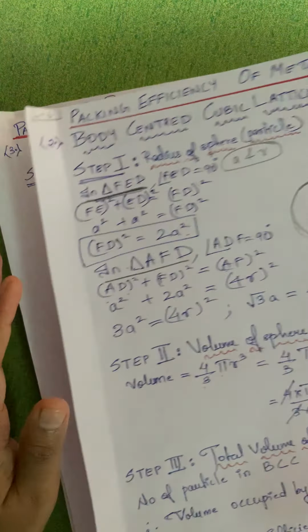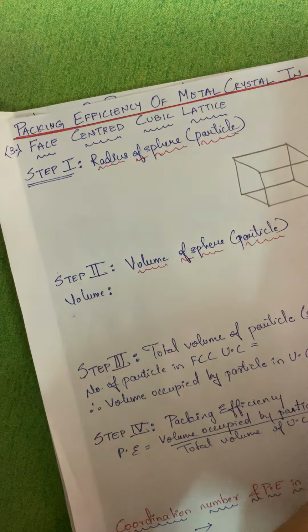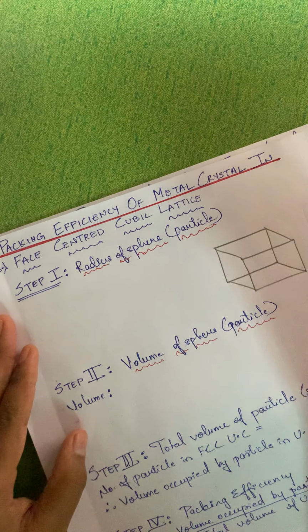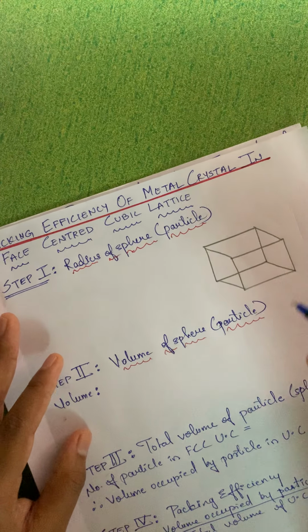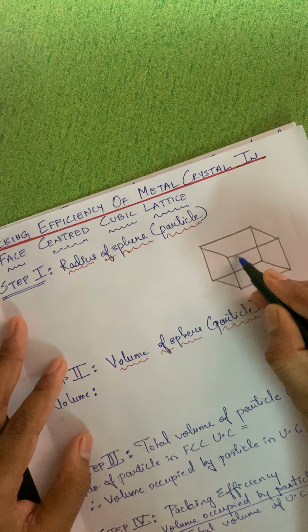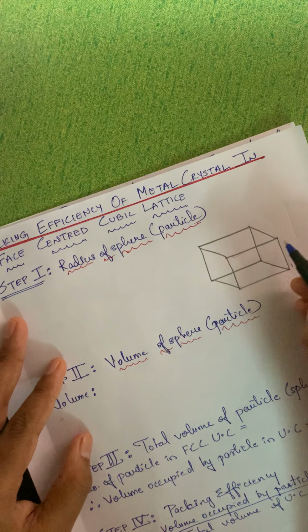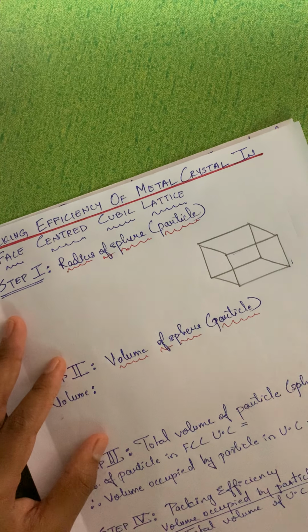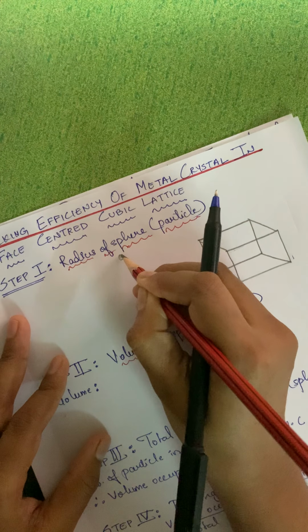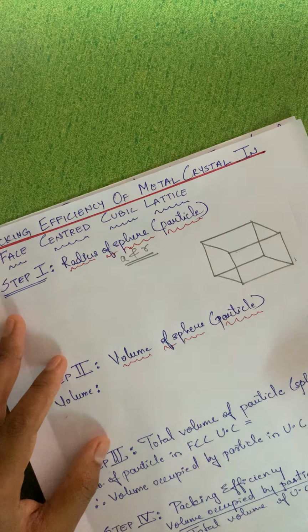Again we will be doing it with respect to 4 steps, and we can complete this. Next, face centered cubic lattice. In face centered cubic lattice, the particles are present in each of the faces. That means I have to take any of these faces into consideration for the calculation of a and r. Here also I have to find a relation between a and r.